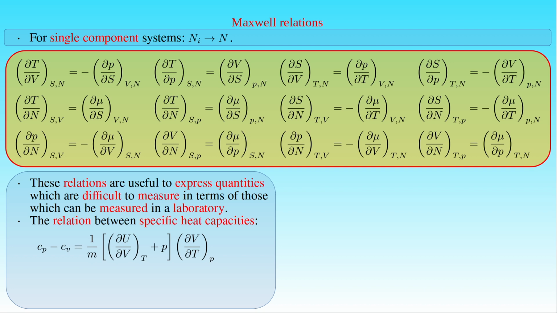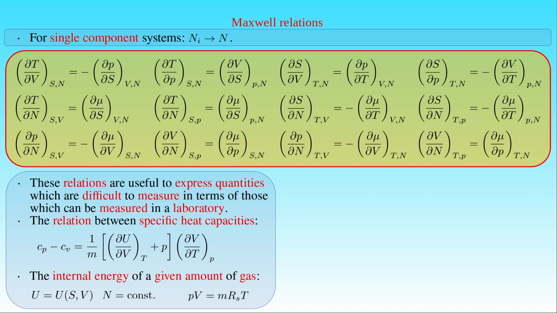In a general situation, it is not convenient to determine the derivative of the internal energy of the system. Nevertheless, the internal energy U of a given amount of gas can still be expressed as a function of its entropy S and volume V, where the number of the particles N is a fixed parameter now. If the ideal gas approximation holds for the gas, then we can use the ideal gas law stating that the product of the pressure P and the volume V is equal to the mass m of the gas, times its specific gas constant Rs, times the temperature T, which allows us to derive an explicit formula for the internal energy